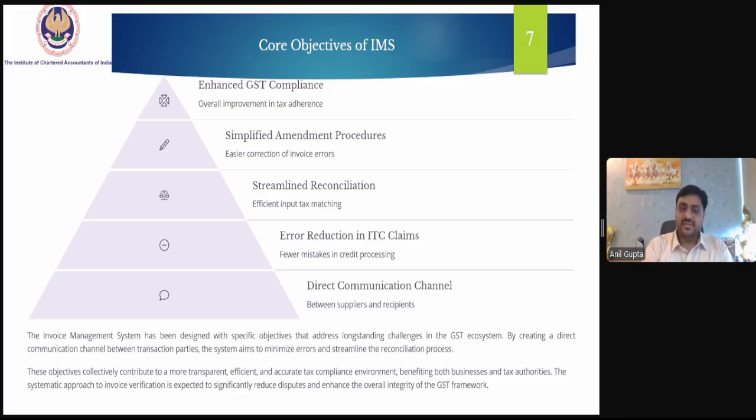These objectives collectively contribute to a more transparent, efficient, and accurate tax compliance environment, benefiting both businesses and the tax authorities. The systematic approach to invoice verification is expected to significantly reduce disputes and enhance the overall integrity of the GST framework.